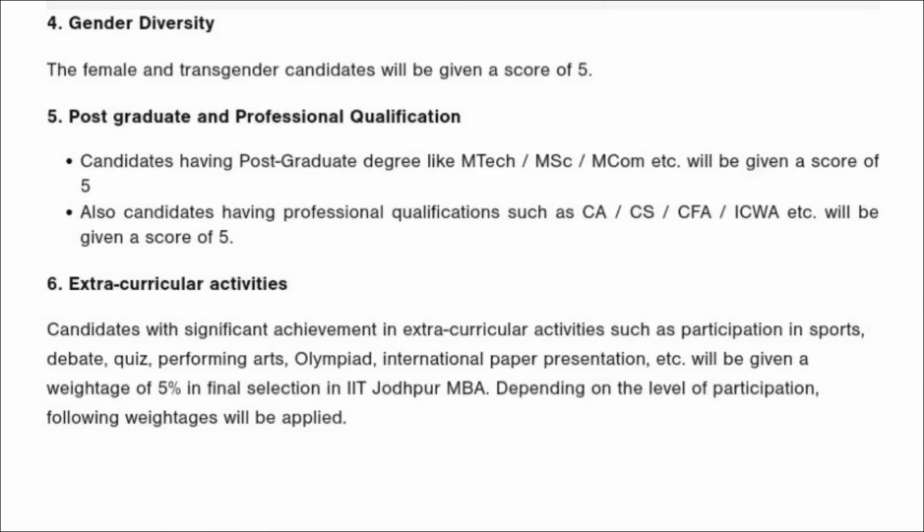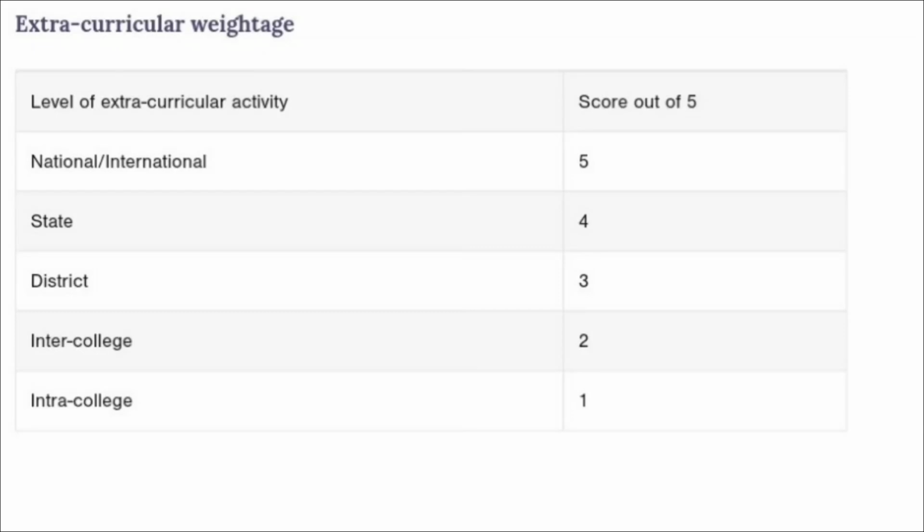And if we consider gender diversity, then the female candidates will be awarded 5 marks. Then if we consider the extracurricular activities, if they are at the national and international level, you will get a 5 out of 5 score. If it is on a state level, you will get 4 out of 5. If it is on district level, you will get 3 out of 5. If it is inter-college, you will get 2 out of 5, and if it is intra-college, you will get 1